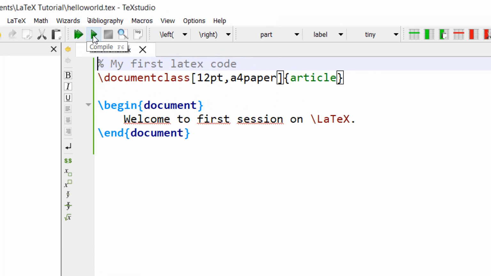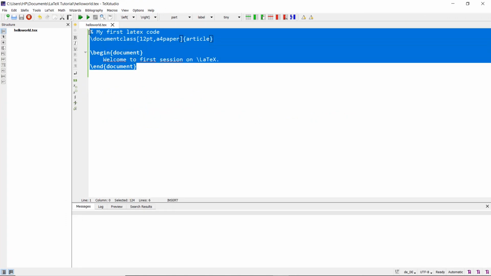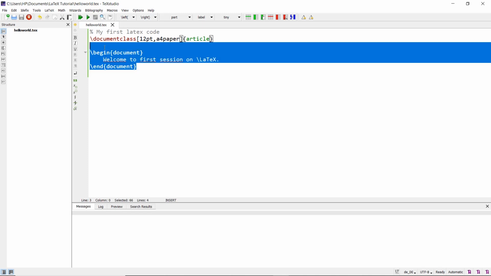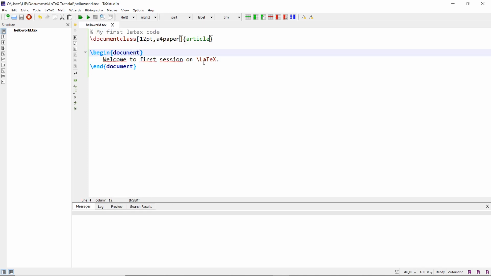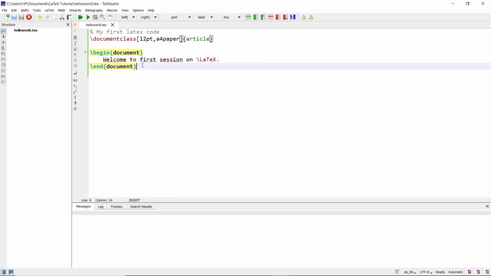There are two ways. One is you first compile it and then run it. There is one option available which is build and view. The shortcut for the keyboard is the F5 key. What this will do is load this entire code into LaTeX and compile it, identify what all commands you have written, and based on the command and the content it will decide what should be the typesetting of this document.